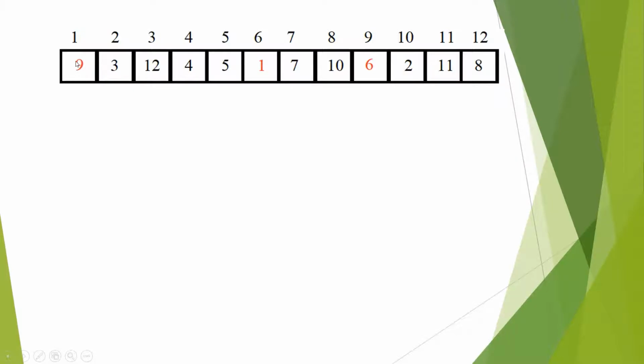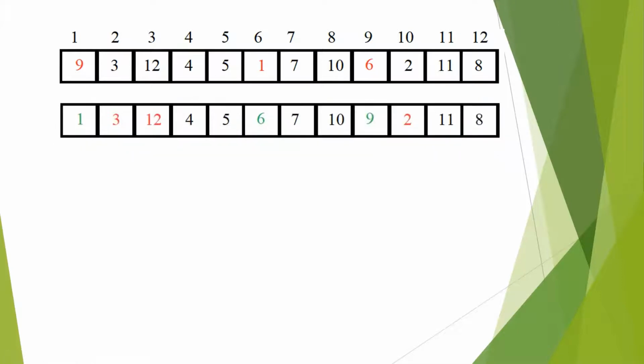Now the third number is chosen such that it is where 9 has to be placed. So 9 has to be placed at this position where 6 is residing. So the elements are chosen in the order 1, 9 and 6. Swapping would give us the array as follows. We see that 1, 6 and 9, all three are placed at their correct position. So this was basically a greedy approach where we place three elements in a single operation. Similarly, we'll do this for other elements such that we maximize our opportunity to place correct elements in the minimum possible